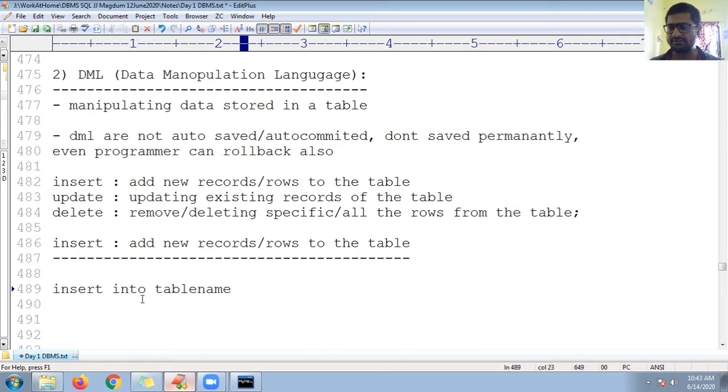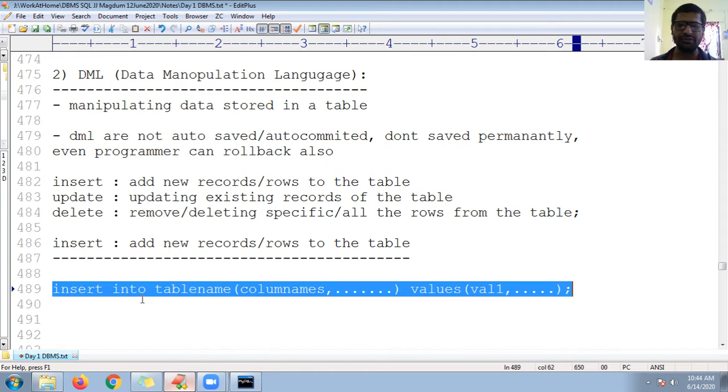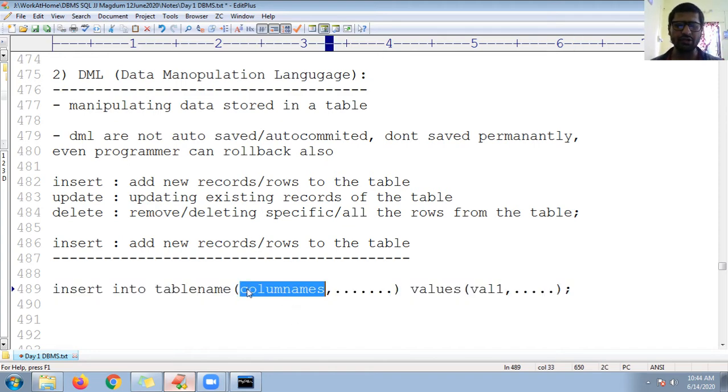So the normal command is insert into table name, initially you need to mention all the column names, and then you can go for values. Whenever you want to insert specific columns or all the columns, you mention those columns in the same order, and the values need to be in the same order.